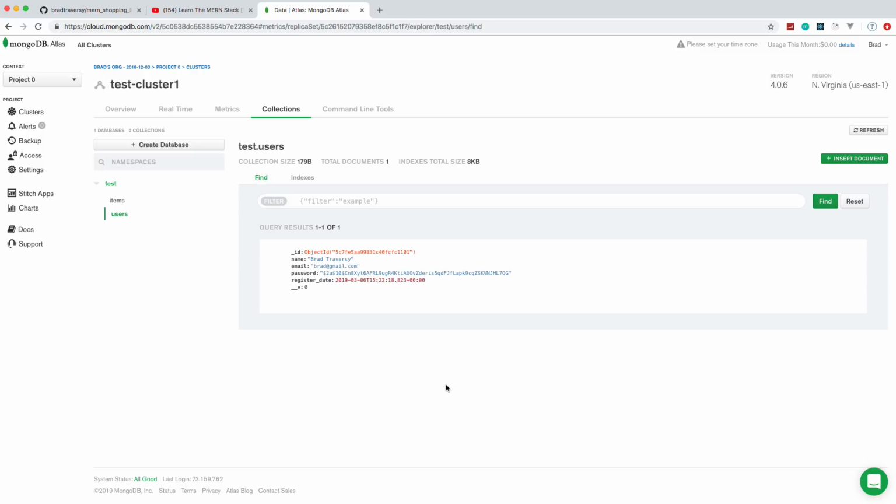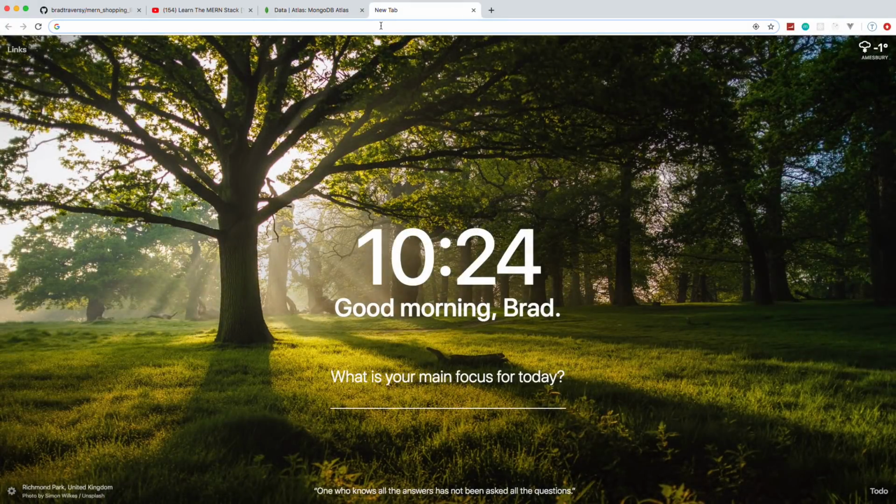So now what we want to do is implement tokens. I want to make it so that when we register, we get a token just like when we log in, so that we can immediately log in from our front end. So if we go to JWT.io,